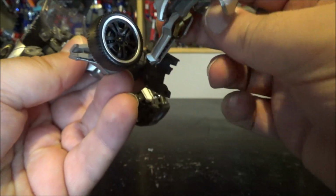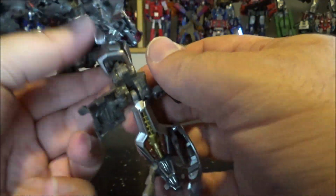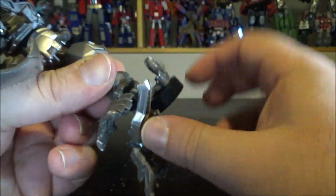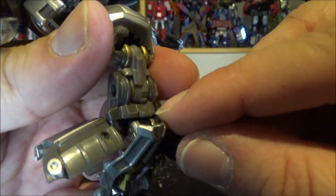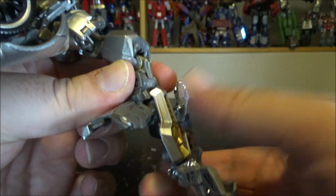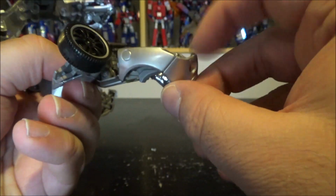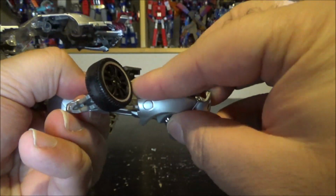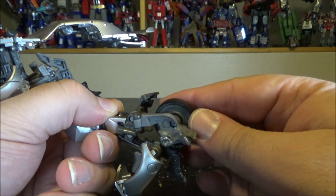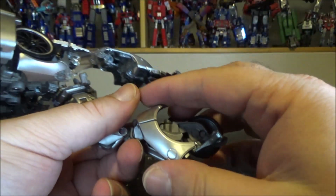You bring it all the way around like this, and on the other side, you have to lift it up. It's on a double joint, and bring it all the way up, and this peg will go underneath the calf. Yeah, like this. Bring the legs all the way around again. This thing needs to go all the way around. Bring the wheels inside, and then you continue to bring this all the way around